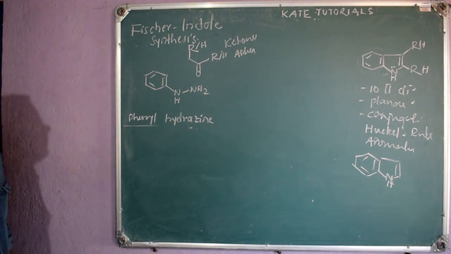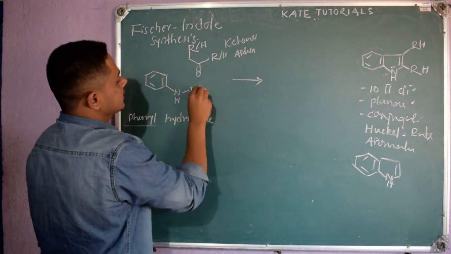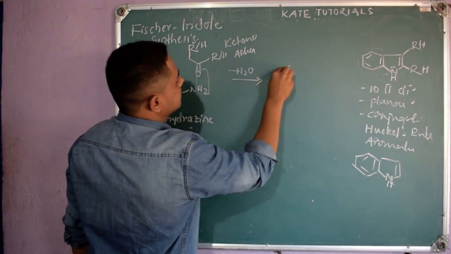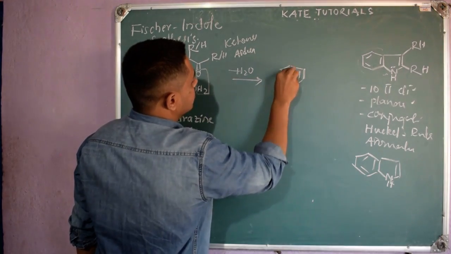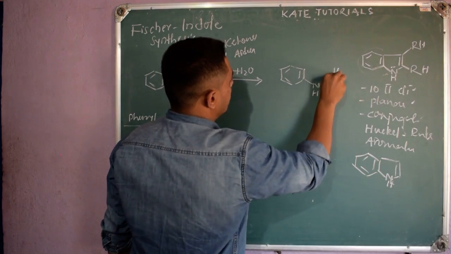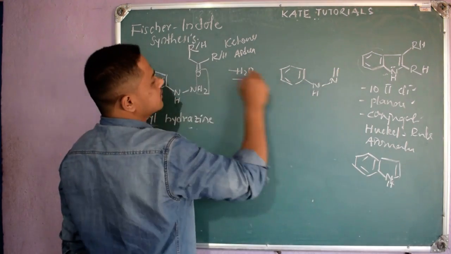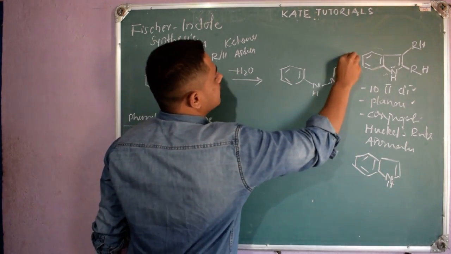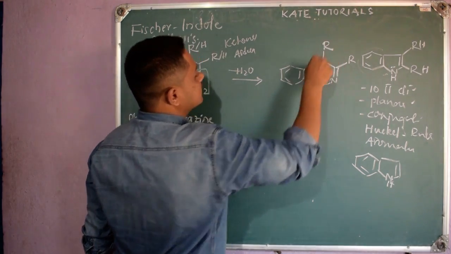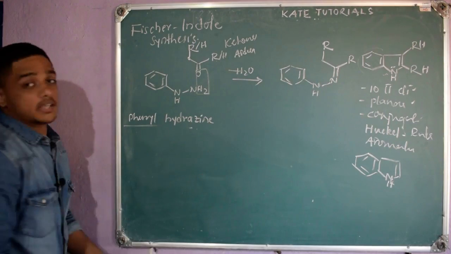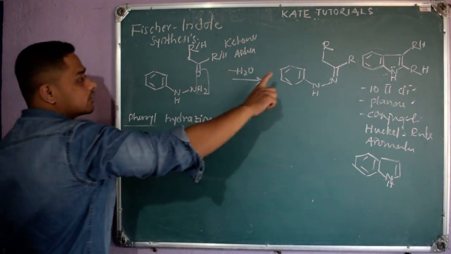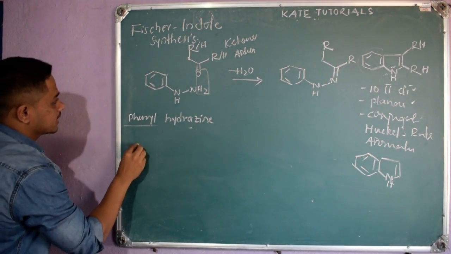So how does the reaction happen? This reaction you know, right? Here a water molecule will be lost and I will get this product. This reaction you know, because you have done it so many times, right? So what I will get, N double bond, this C that is attached to R here, and it is connected to CH2R. So this product I will get, right? This reaction you know. If you don't know, let me explain it clearly how this reaction happens. For you it looks very simple, right? If I explain it nicely, you will get it.